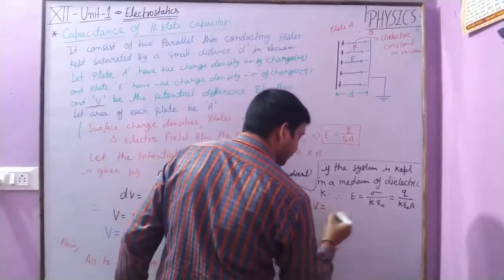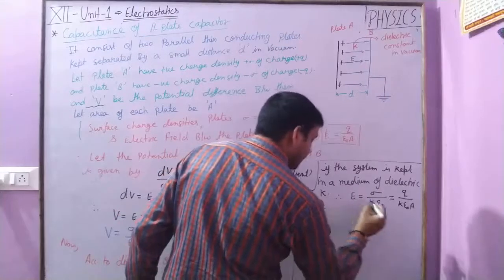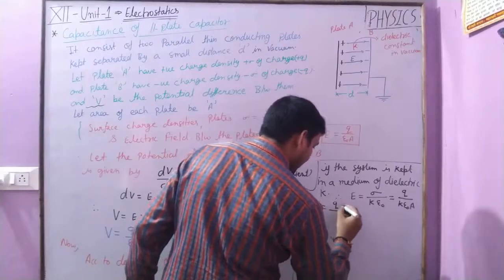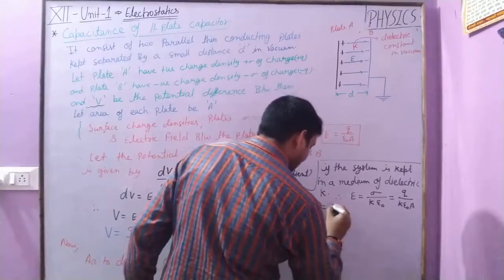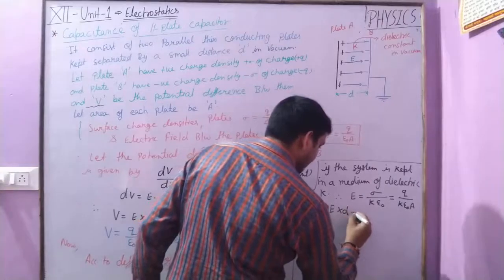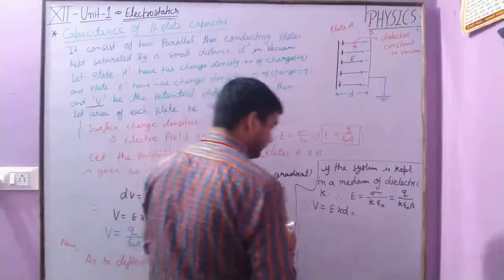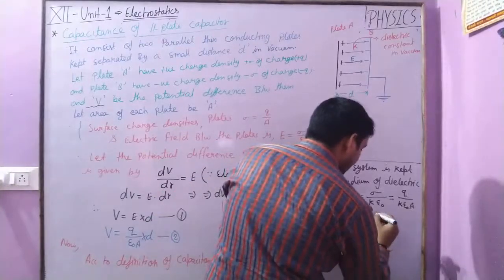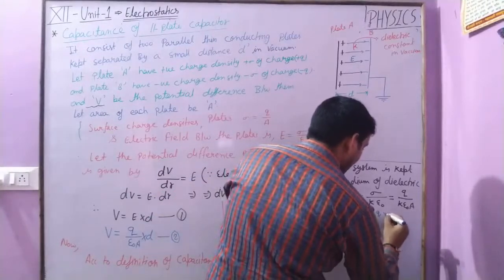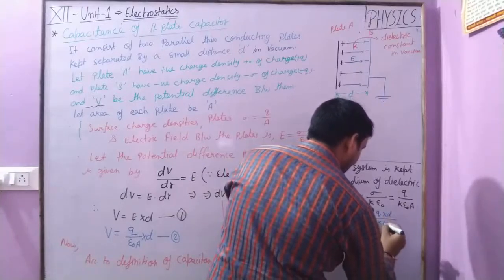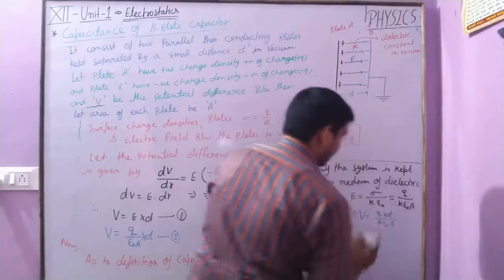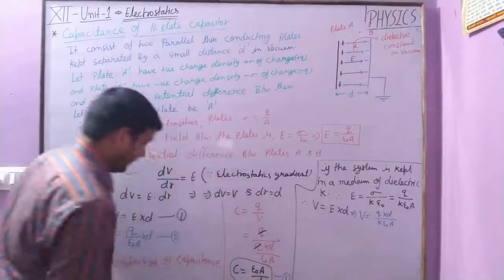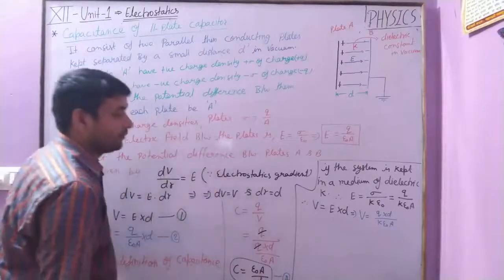the potential difference will become Q upon... as we have E into D, so this result will become V is equal to Q into D upon K epsilon naught A. Okay, let's say this is equation A, and here